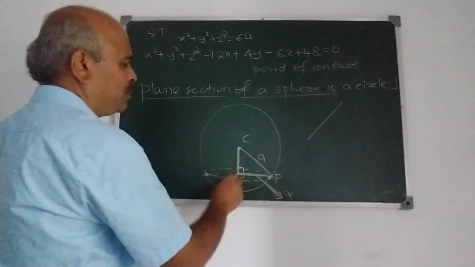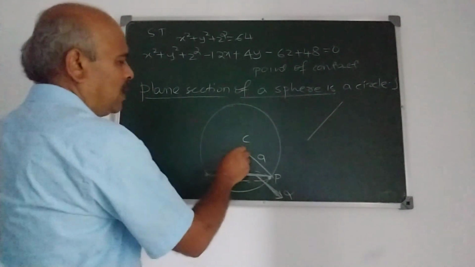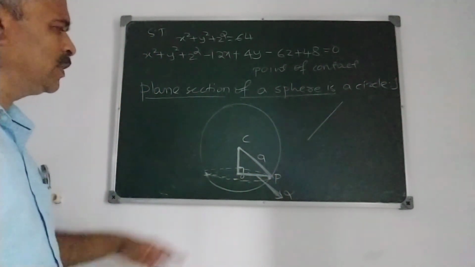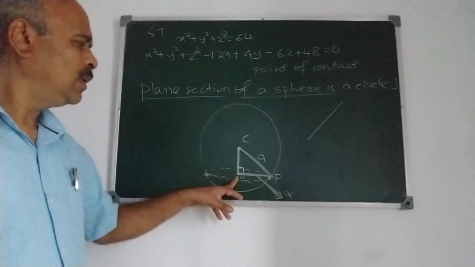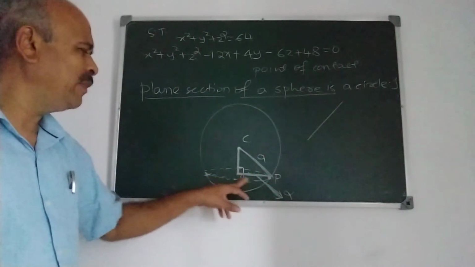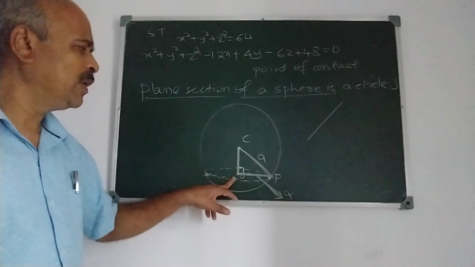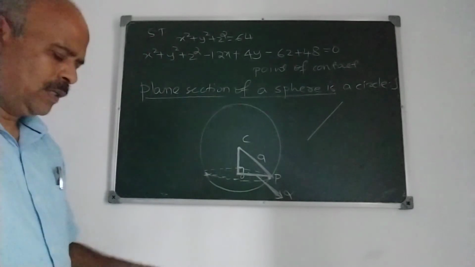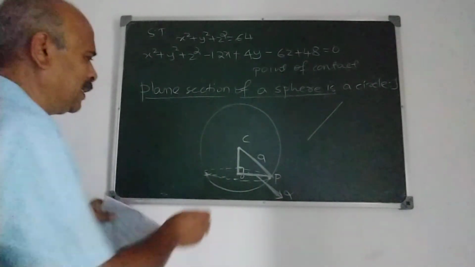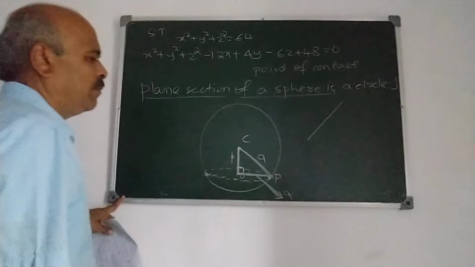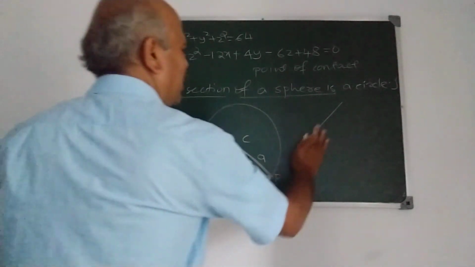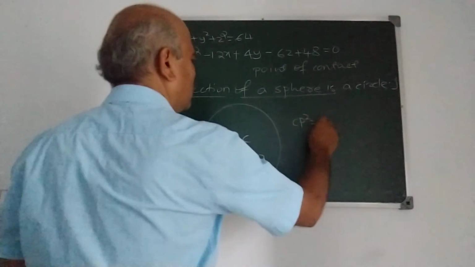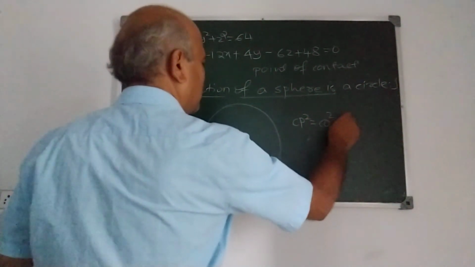CO is fixed here, and CP is fixed. Why is CO fixed? Because O is a fixed point. P is an arbitrary point here. It may lie anywhere here, but O is fixed. CO is perpendicular. CP is the radius of the sphere. Therefore it is fixed. Now take CO as small p. From the right angle triangle COP, CP square is equal to CO square plus OP